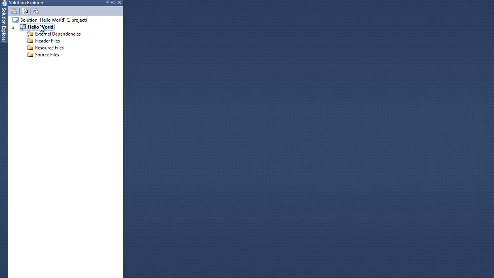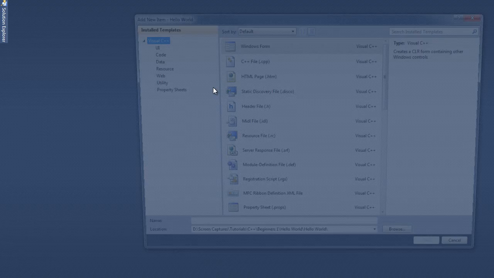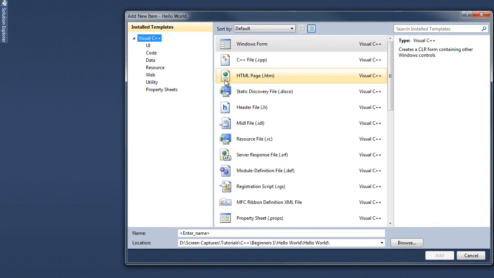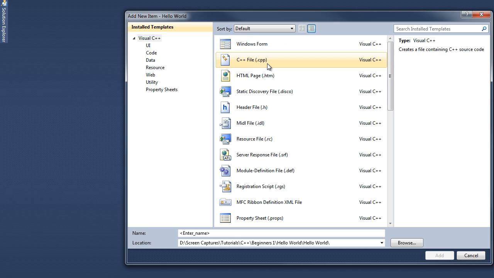If you go to the actual project, right click and add a new item, you'll get this fancy window. Now, there's a lot of stuff here, but we just want a CPP file, a very basic file. It's basically a C++ file where we're going to put all of our source code. So we're going to call it Hello World